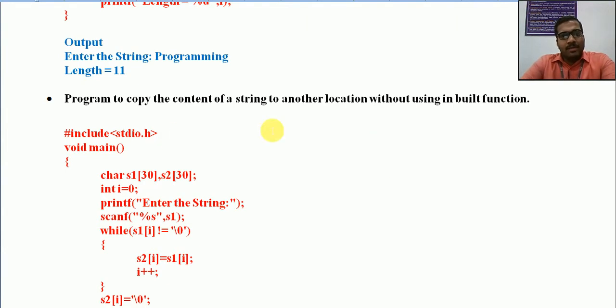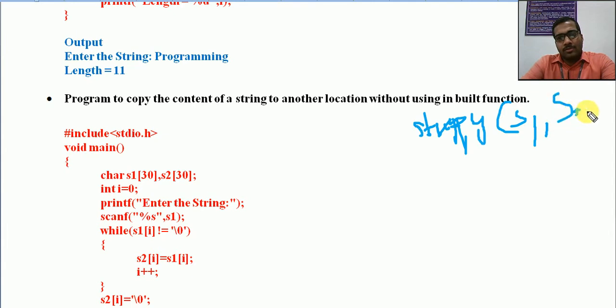So we can simply do this by using the built-in function called strcpy(s1, s2). So this s2 content will be assigned to s1.